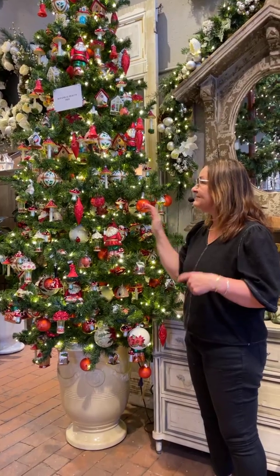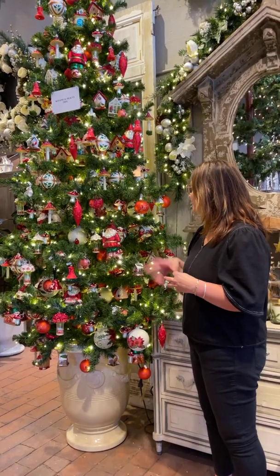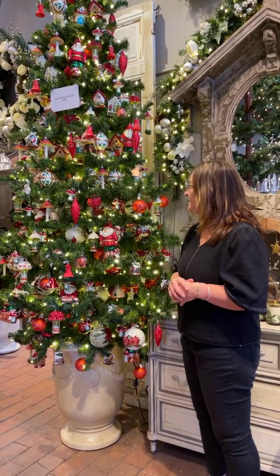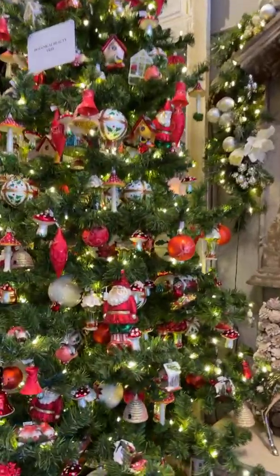Again, I genuinely love the front of the gallery here, so this is probably one of my favorite trees this year. I just love it's got a little bit of a sense of humor, like I said, with the gnomes, but really organic feeling and very botanical. Then we're going to move around to another part of the presentation here in the front of the gallery,